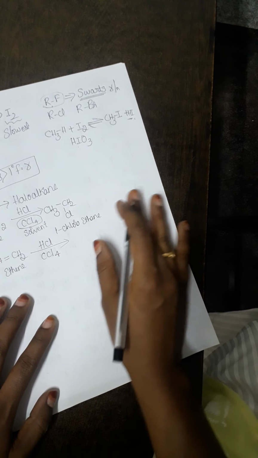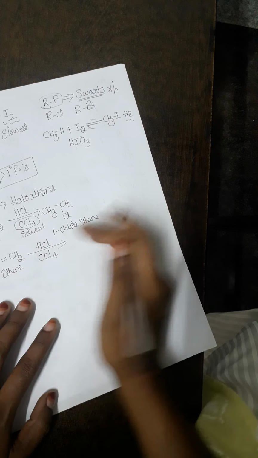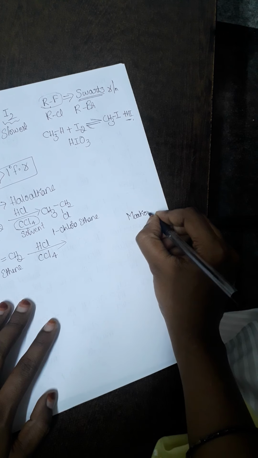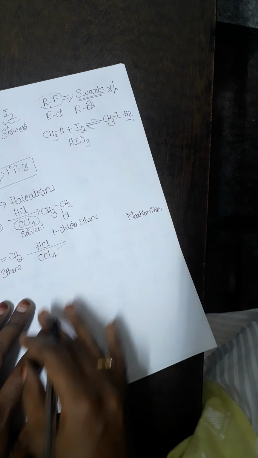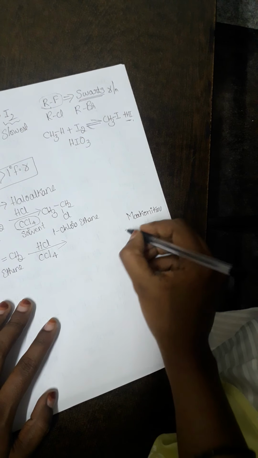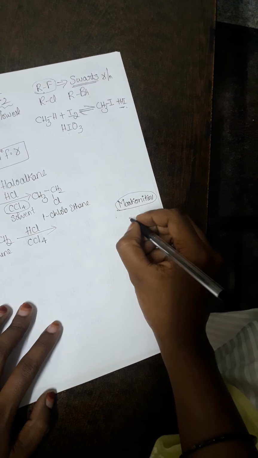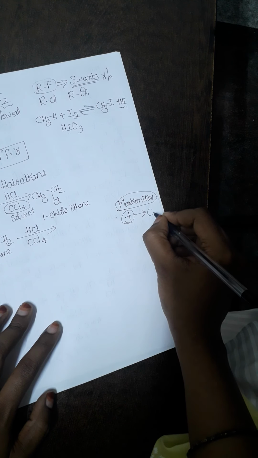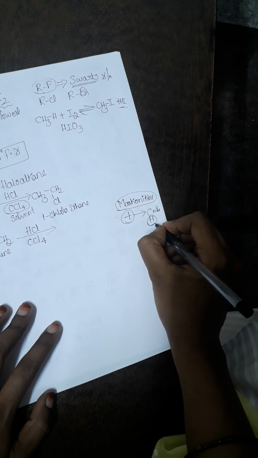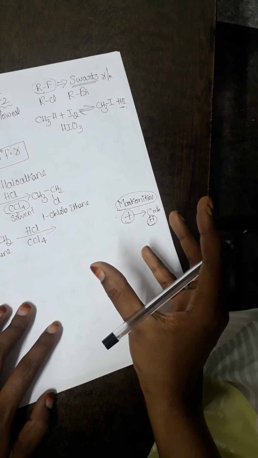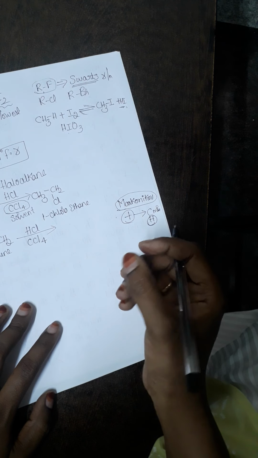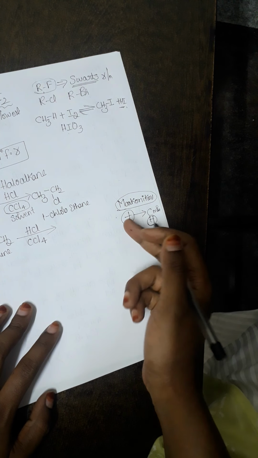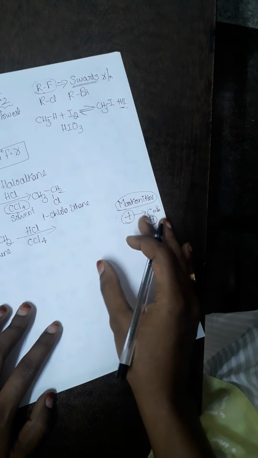So what will happen here? The reaction has to obey one of the very important rules, which is called the Markovnikov rule. It plays a very vital role. So what is this Markovnikov rule? Very simple. The positive part will attack the carbon of the carbon-carbon double bond which has more hydrogen atoms. It is something like a poor person being attracted towards a rich person. Got my point? Same way like an ant is attracted towards sugar. So here also the positive part is deficient, therefore it will attack the carbon which has more hydrogens.